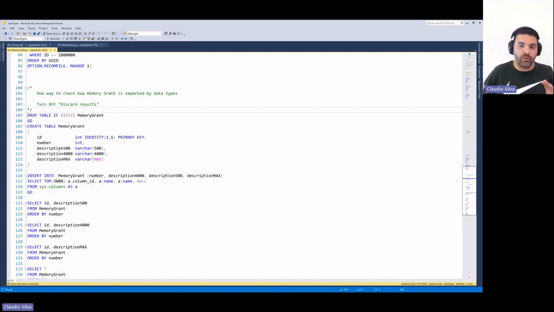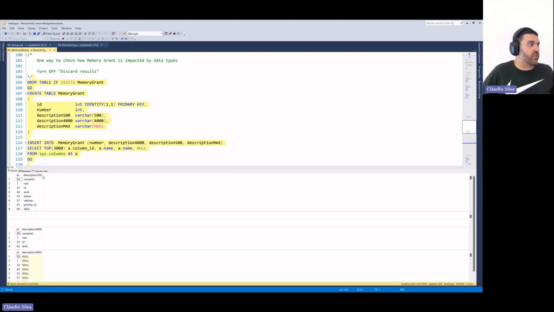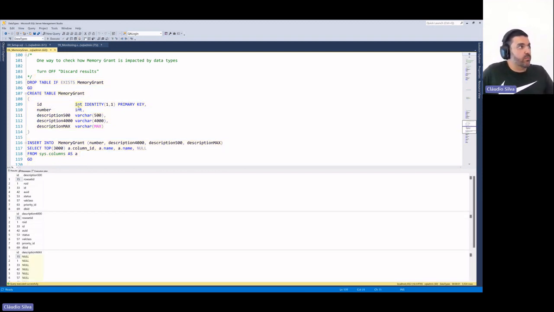And I want to show you at a high level how the memory grant is calculated by the engine. This is not 100% accurate to the byte or the kilobyte, but the point is for you to understand how that works. So let's say that I have a memory grant table with an identity column, which is an integer, and then I have 3 columns, and each one is of the varchar data type.